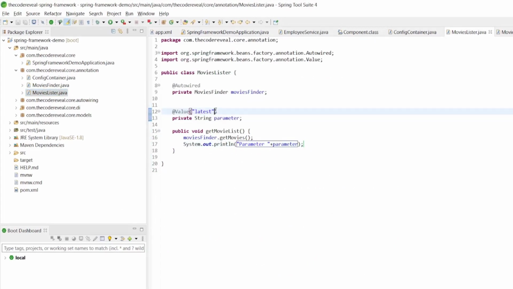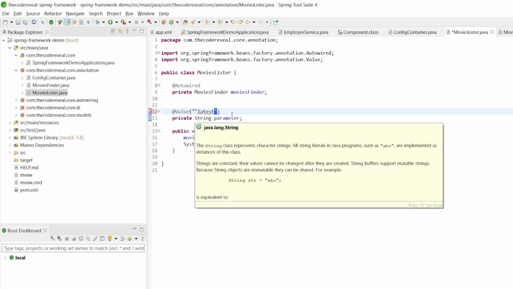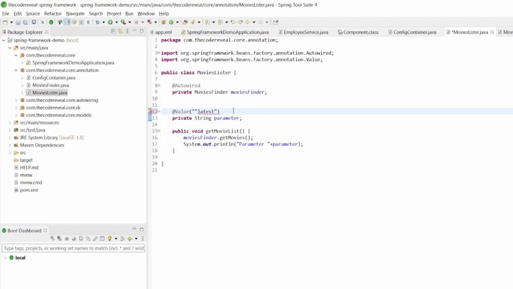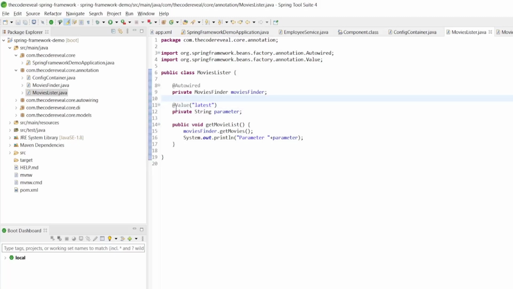Here we can also use it from the properties file. Mainly for that purpose we use the at value annotation when we need to fetch it from the application properties, or if we need to define the parameter value at runtime, so we can use that.